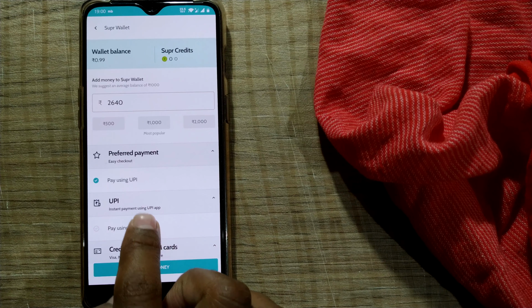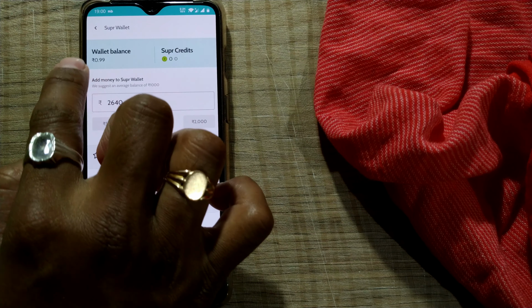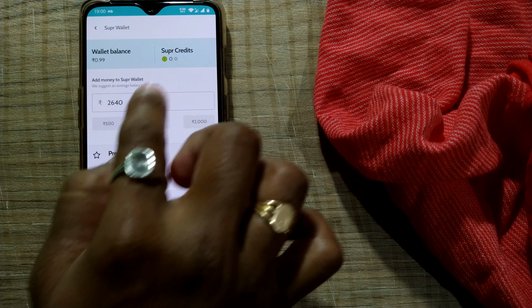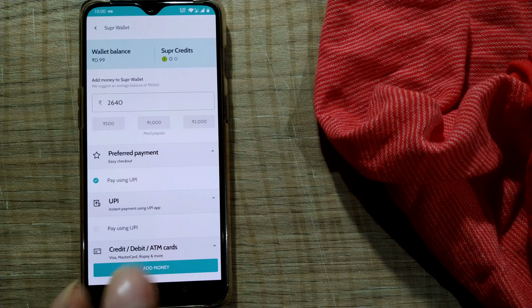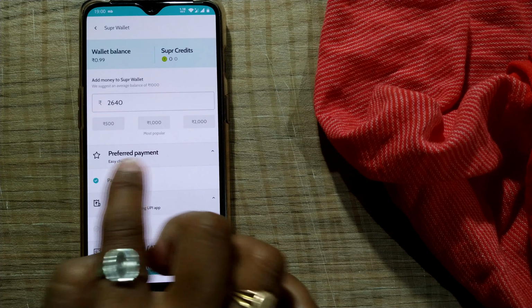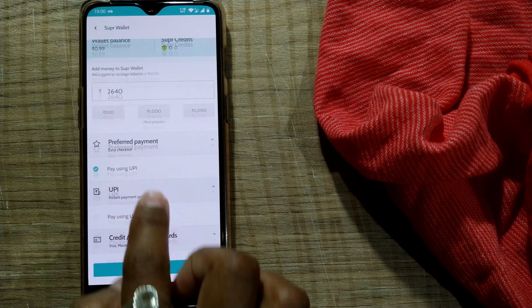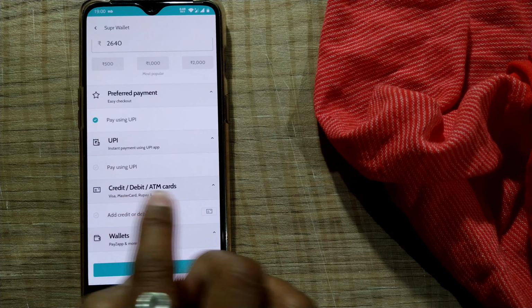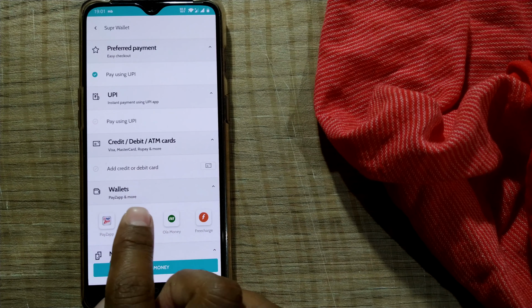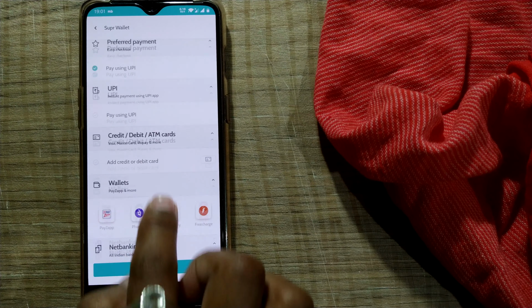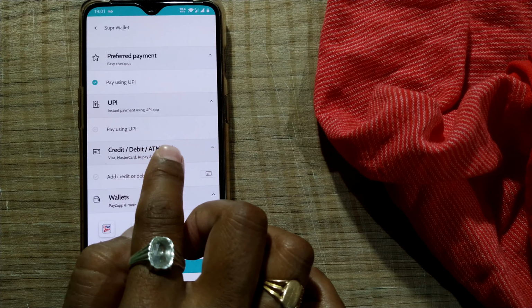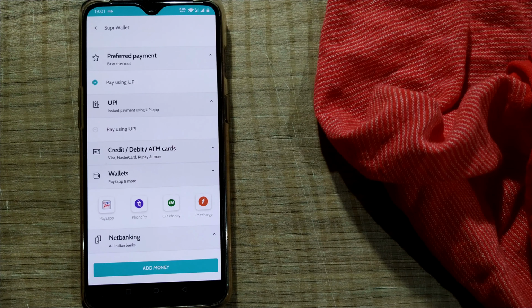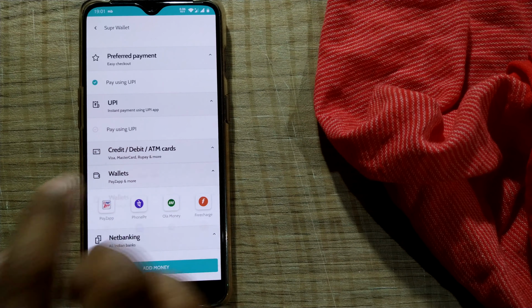Here you can see the options: wallet balance, super credits. I'll come to super credits in another video, but for now I'll just tell you how to subscribe in a simple manner. Preferred payment, pay using UPI. Here you can see UPI, credit card, debit card, and wallets are also available like PayZapp, PhonePe, Ola Money, Freecharge, net banking. All these options are available. I'll go for credit or debit card because I get points through that as well. Once I select credit or debit card,